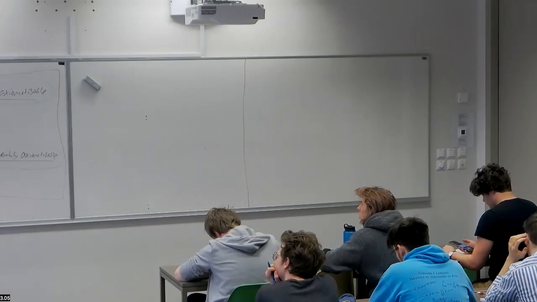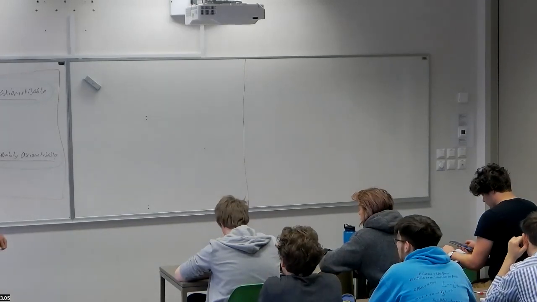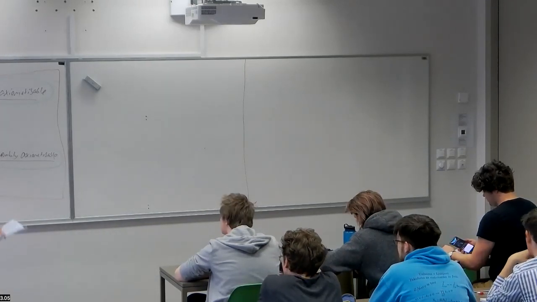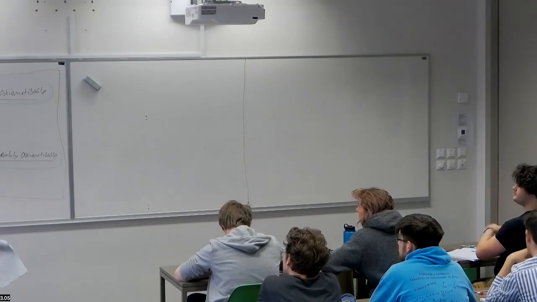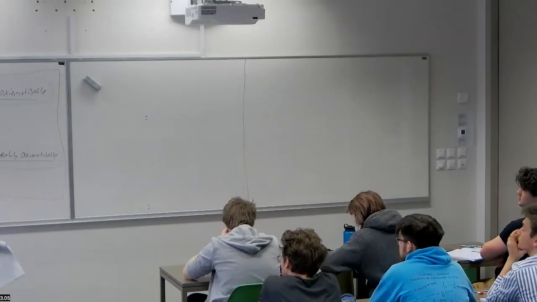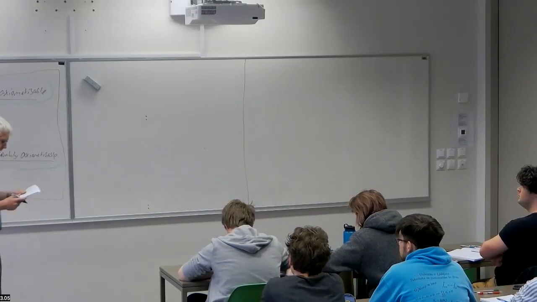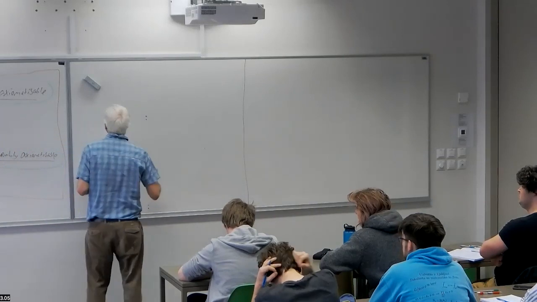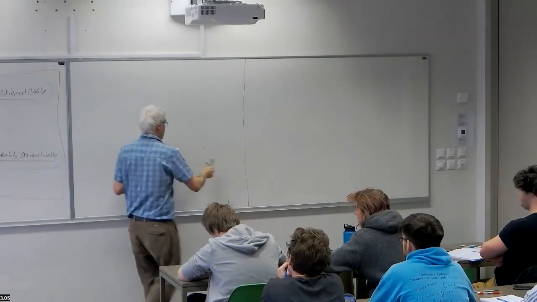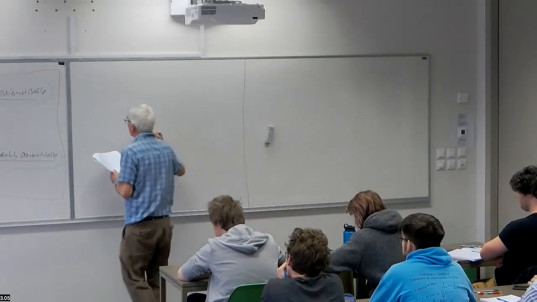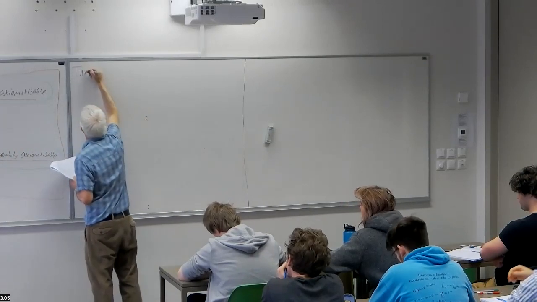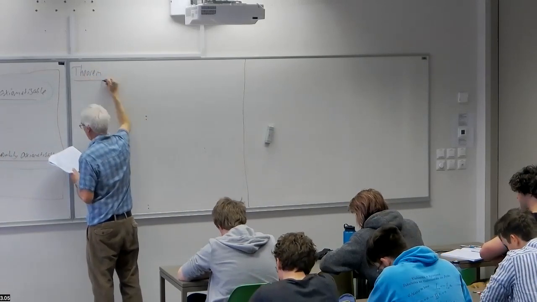Now, if you read the logic literature, you will find that the notion computably enumerably axiomatizable does not really occur, which is just as well because it's quite a mouthful to say. But there's a reason that one doesn't really encounter it, and that's the following theorem, which is a little bit